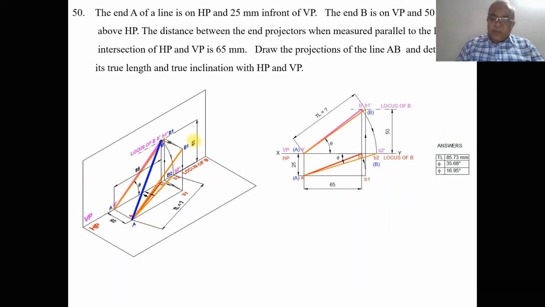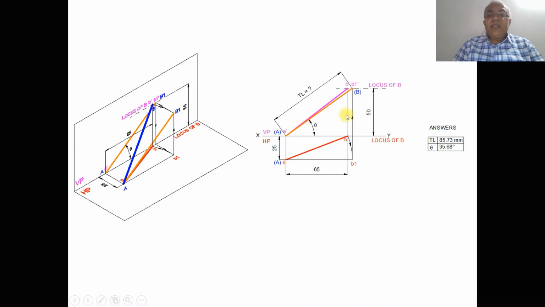So now we will try to analyze this individually. Suppose you are considering the true length in the vertical plane, you have to take the top view. So here we can see there is a line which we want to rotate, make it parallel to VP, that is capital AB1, the line which is parallel to VP. So when you are rotating this, what happens in the top view? The top view is also getting rotated. So AB will be rotated such that B1 is also in front of VP by 25 mm.